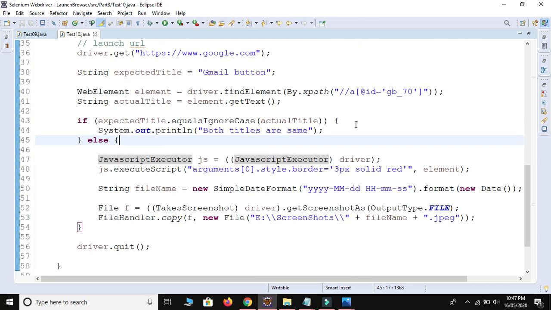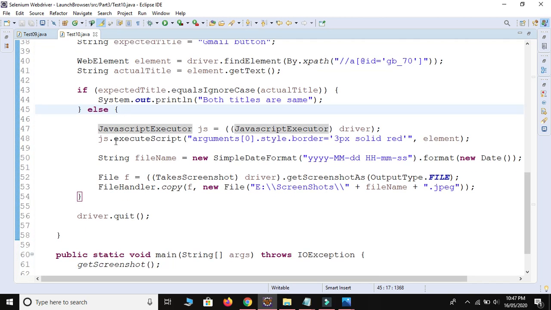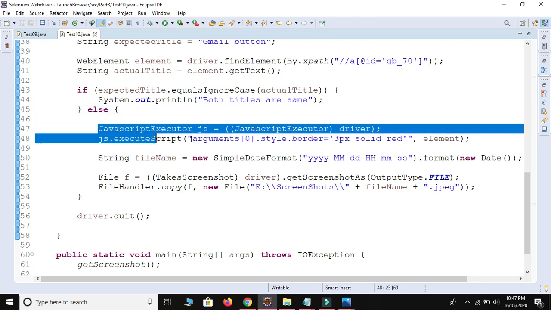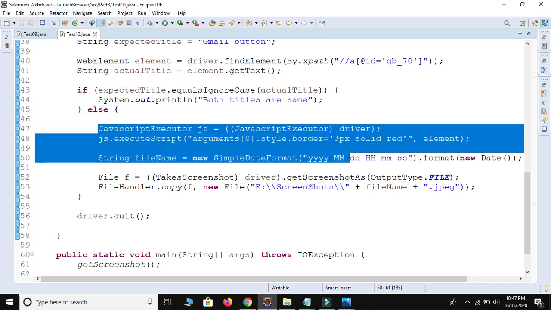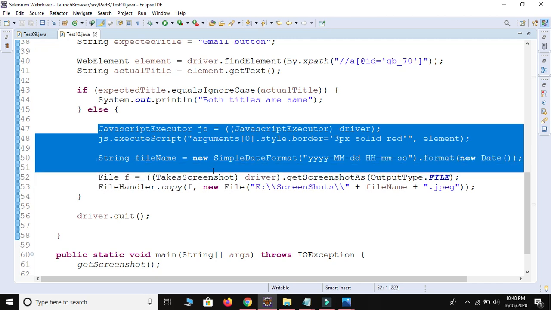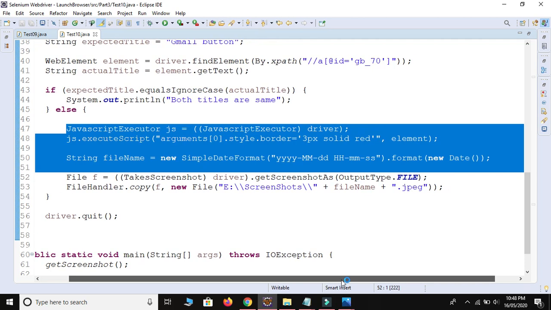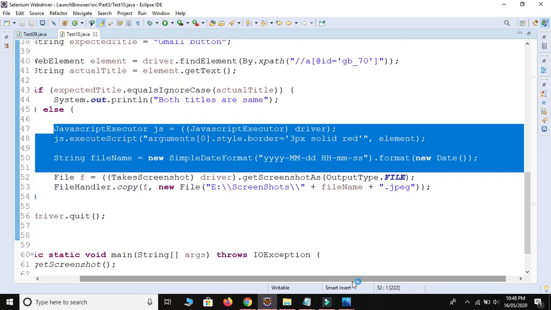So whenever you take the screenshot, as per my point of view, this 2-line or 3-line of code is most important, because it is better to take the screenshot in such a way that we don't need to do any manual work. We don't need to draw the border around the web element and then attach it with the screenshot. Better to draw the border around the web element just before taking the screenshot.